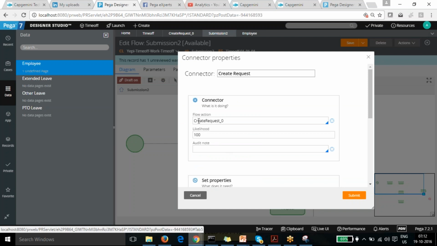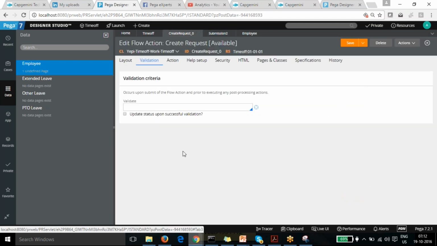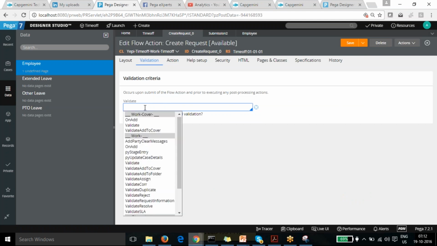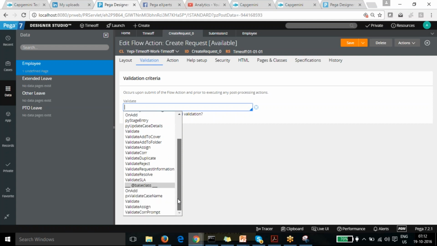Actually, from there I started with the flow action, which flow action I'm going to use, the flow action where I need to create a new validate rule. So I'll show you that and how we can refer to that validate rule here. Currently, if you can see, there is no validate rule coming from here. These are the previous ones, all the Pega provided rules. So we are going to create our own rule for the same.